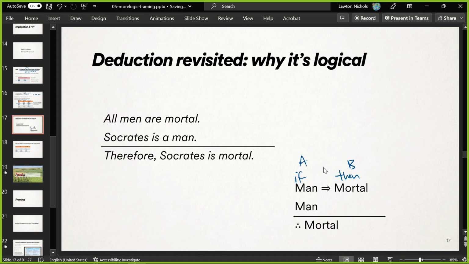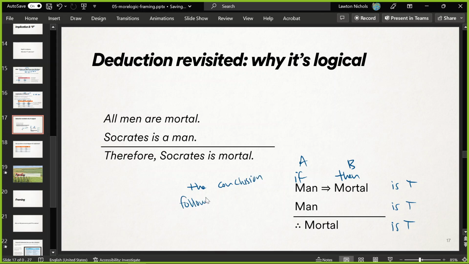All right? So we're assuming this is true, and we're assuming man is also true. It's like Socrates is a man. And we're trying to prove, therefore, these 3 dots mean therefore, therefore, mortal is true. See that? That's what the argument really is. And we're trying to prove that this is logical and valid. Well, the way that you can get that with logic is by looking at the truth table. The conclusion, the thing below the line,